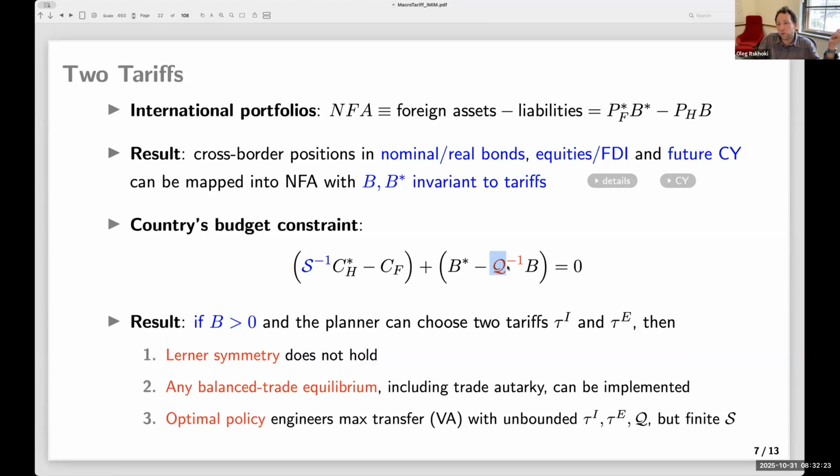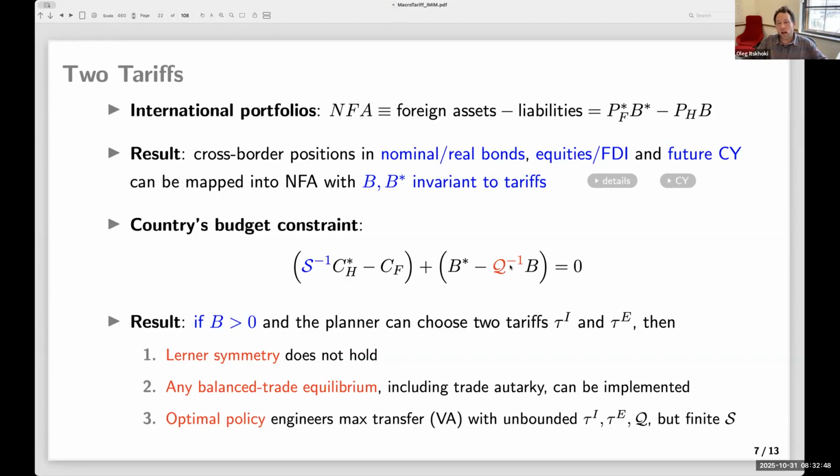Or if this is negative, you might want to do the opposite, right? And infinity is the devaluation. I should have explicitly stated that it would be a real devaluation of your currency. And so this is how you dilute your liabilities by devaluation, right? This is optimal in the discretionary sense, right?